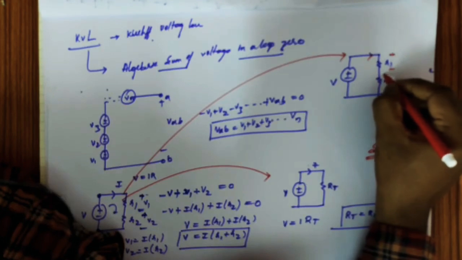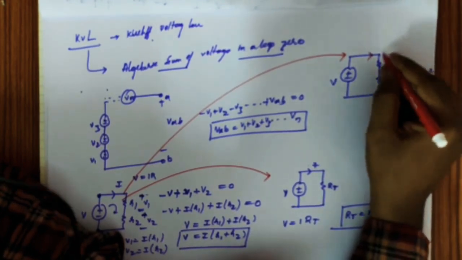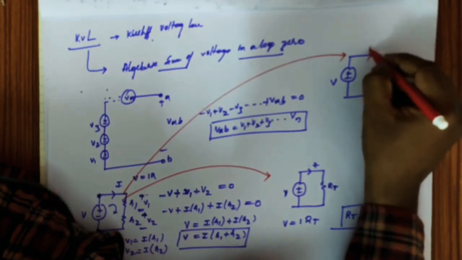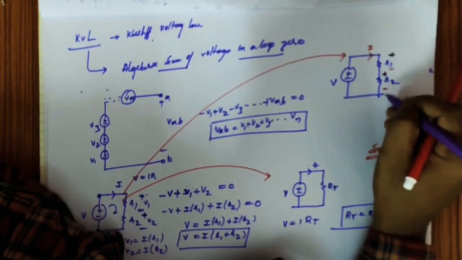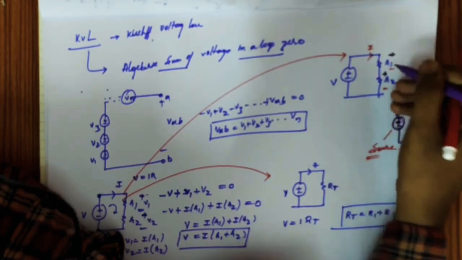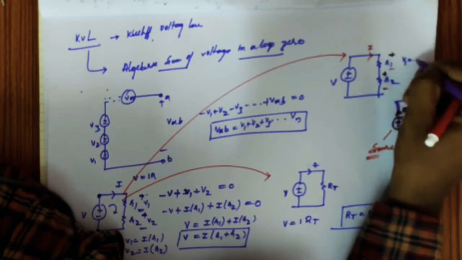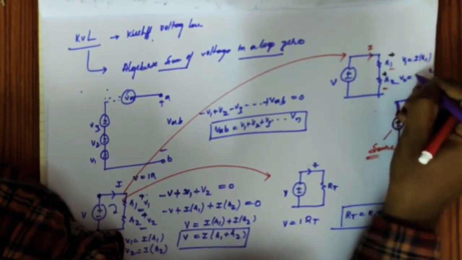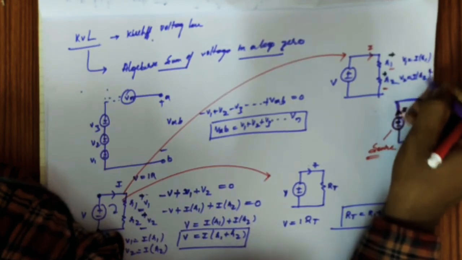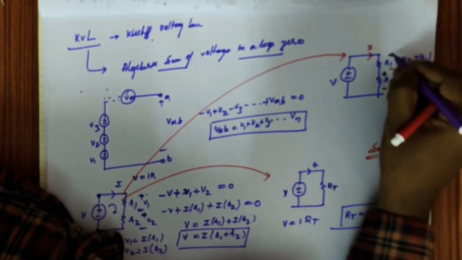Again, the same current will flow from R1 to R2 like this. This current I touches this positive terminal initially and later this positive terminal. Therefore, these two, R1 and R2, are called loads. To represent the voltage across R1, we call V1 equal to what? I into R1. And again V2 equal to what? I into R2. So this is the main thing to represent a load in this manner.